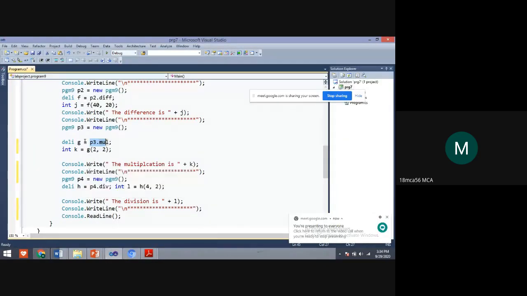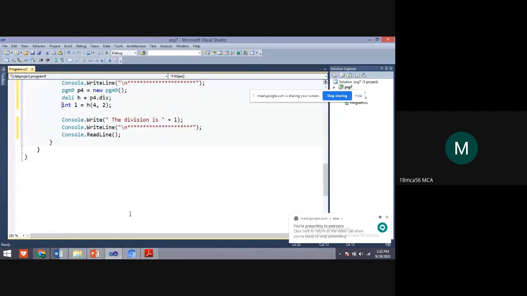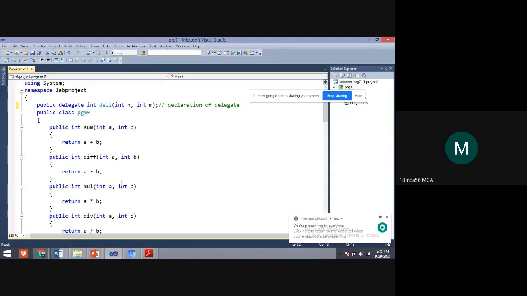Here we are creating a different object for all the methods, and we are displaying the output. Yes students, understood?